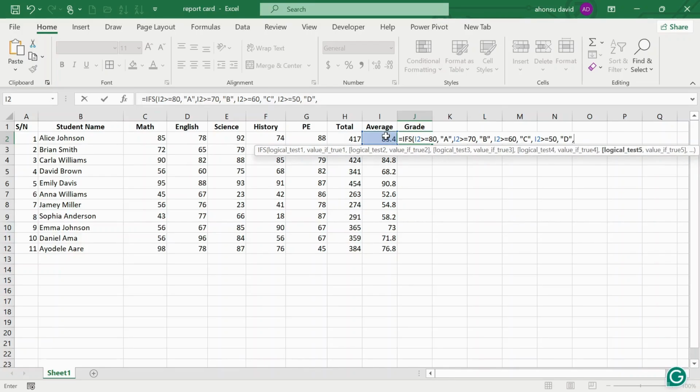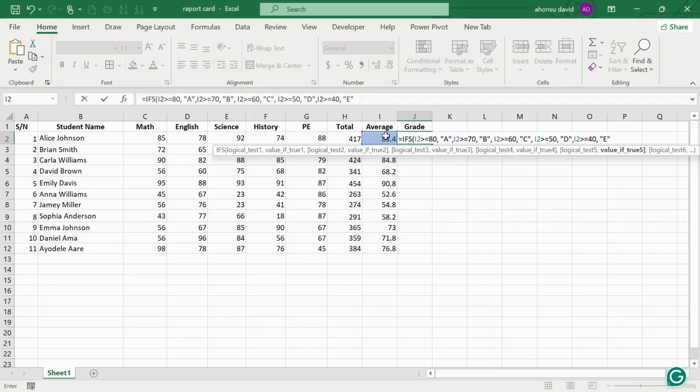Then I'll select that again and do my logical test, greater than 40. So what do I need to be returned? I want an E to be returned if a student has scored anything from 40 to 50, right? Anything above 40 and below 50, that's an E. Okay, so